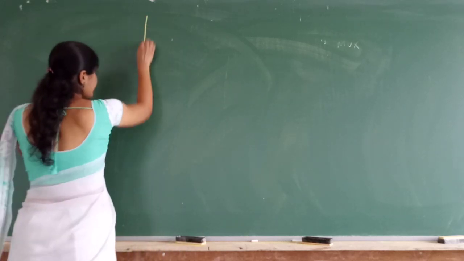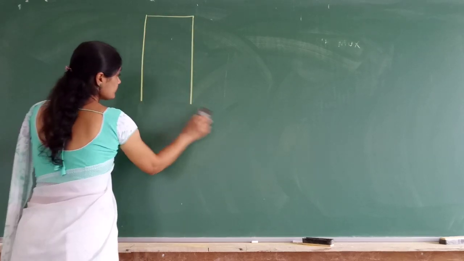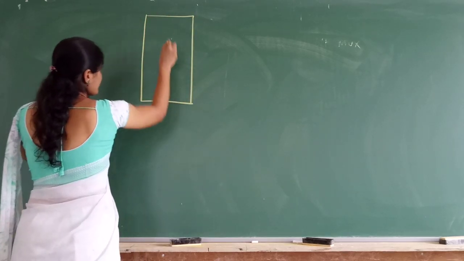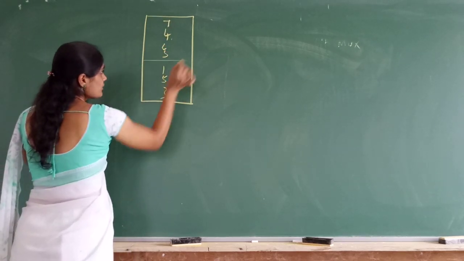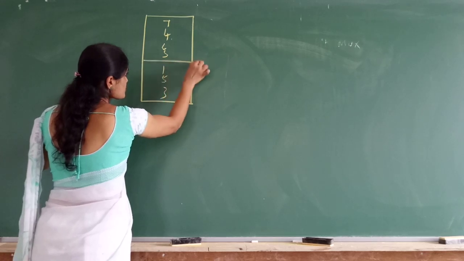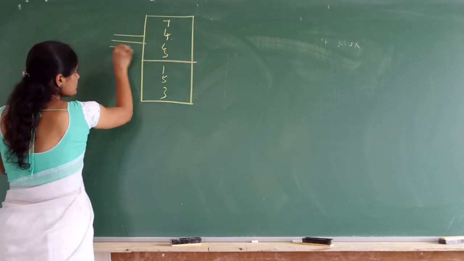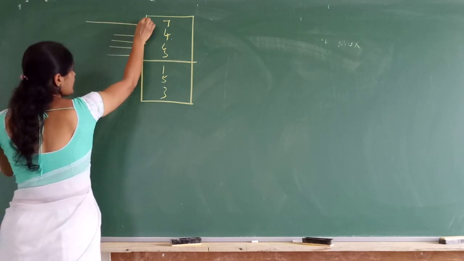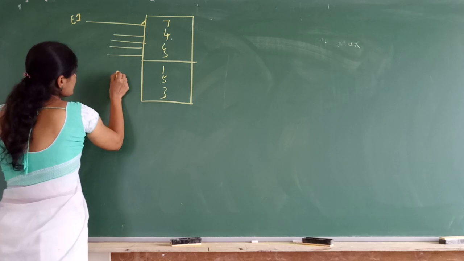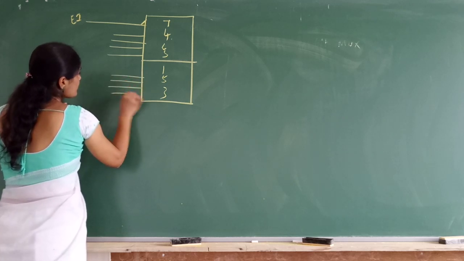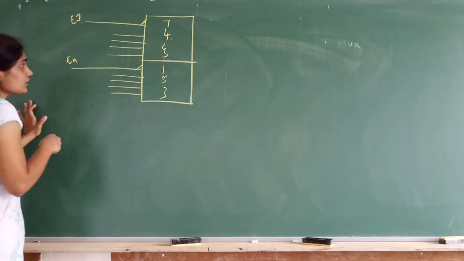So now I will write the IEEE logic symbol of 74LS153. How many mux do we have in this? 2. 2 4:1 mux. So this is one, this is another one. How many inputs? 1, 2, 3, 4. How many enable inputs? 1. So this is the enable input. Again here 1, 2, 3, 4. How many enable inputs? 1. This is the enable input, right?